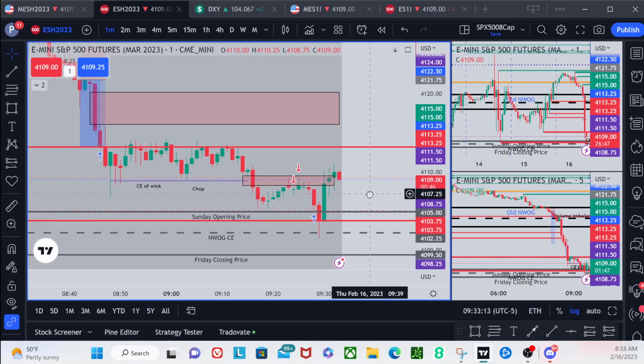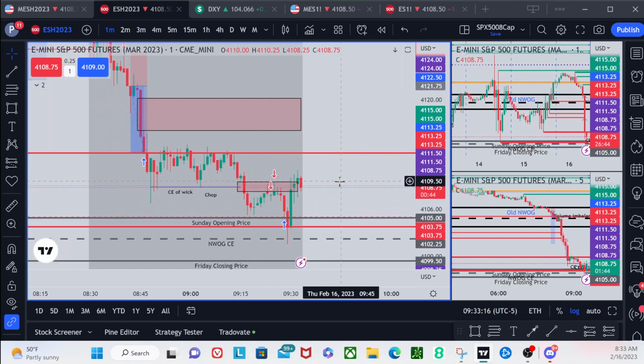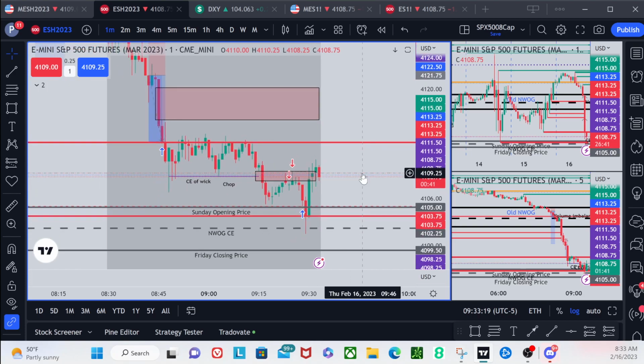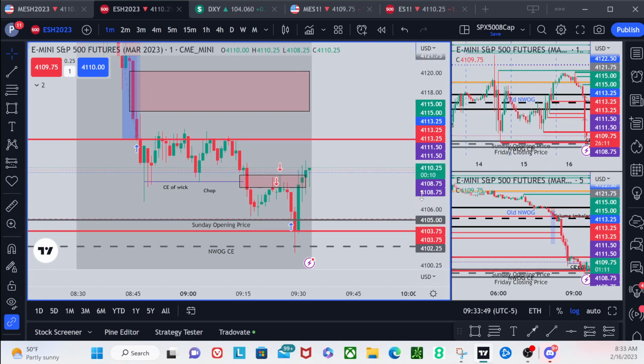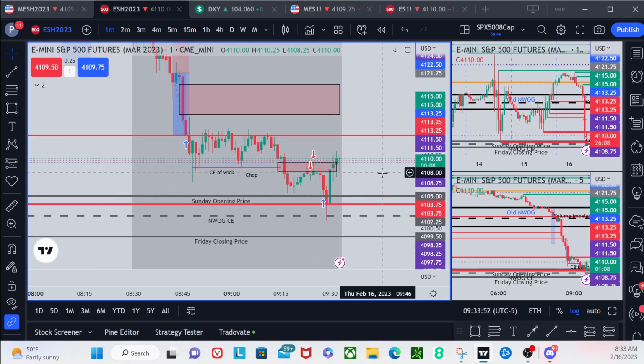There may be no separation between bodies or wicks. Either way, you want to have the difference between those two price points and extend that out through the time of the trading day, because the algorithm will reprice back to it multiple times. As you can see, it does here, works around the level here, touches it here, the high end, then moves away from it. And we drew down into the new week opening gap from the previous week, and consequent encroachment through it. I gave you 41.13 as a draw on liquidity, which would be below